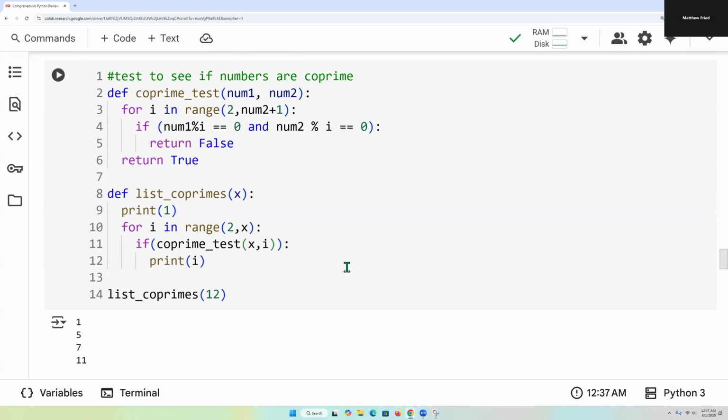So what we do is we say list coprimes x, print 1 first of all, then for i in range 2 to something, if coprime test. So we pass an x, which in this case is 12, and i, which is going to be 2, 3, 4, 5, and then if it's true, then we print it. So you can see that in the previous function, which is the one we're calling the coprime test, it says num1, num2. For i in range 2, comma num2 plus 1,